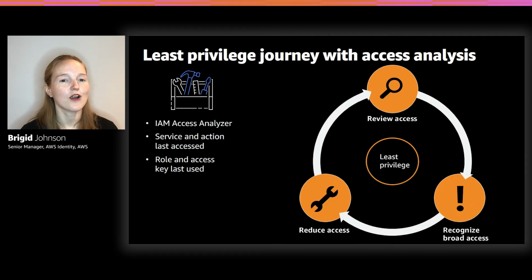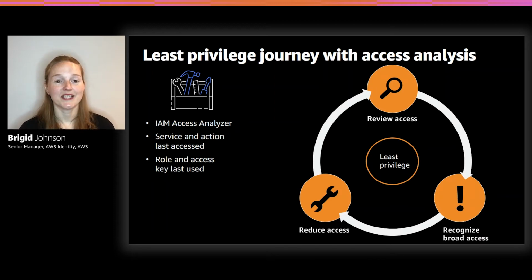So what are the tools in your toolbox? First is IAM Access Analyzer, which we'll go over in detail, but it monitors your resources and resource permissions and determines public, cross-account, cross-organization access. Then we have service and action last access, so you can go to a role and look at all the services that were used and some of the actions, especially in Amazon S3.